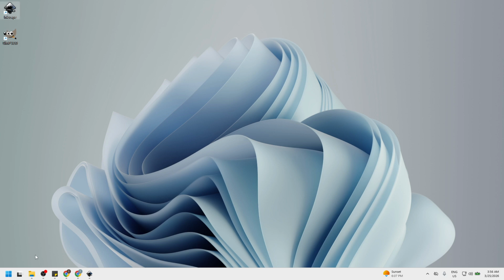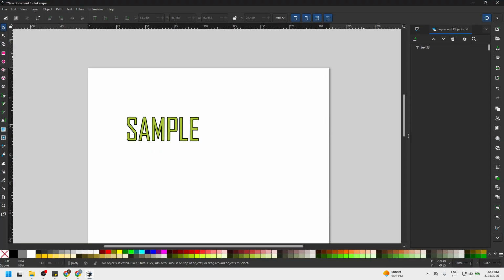Next, either open an existing document or create a new one, depending on where your text lives. If you're working from an existing file, make sure the text you want to rotate is visible on the canvas. If you're starting fresh, choose a document size that fits your project so you have enough room to see your rotation clearly. Once your document is open, center your view on the area with the text so you can work